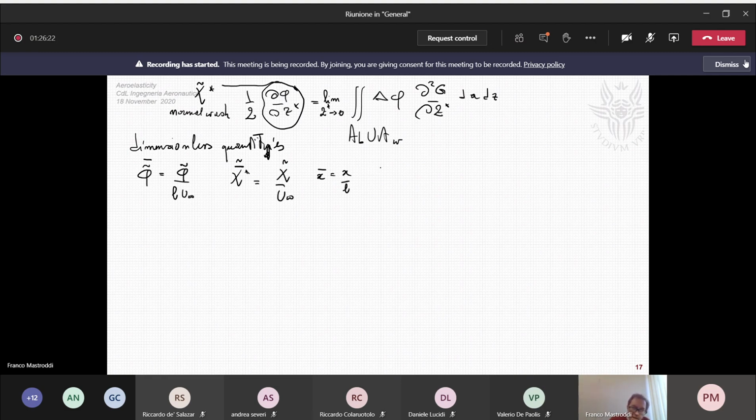And we have also an n-dimensional Green function. The Green function is of dimension 1 over R, and so we have R times G as the n-dimensional Green function. If we use this, we have this n-dimensional formula giving the following: 1/2 of the normal wash bar star is equal to the limit of the integral